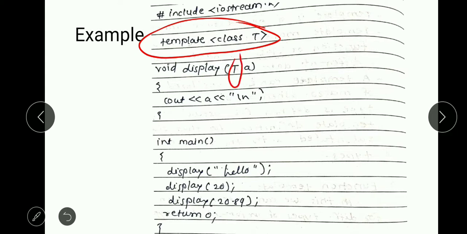So here I just use the t variable. So void display t of a and cout a, and inside the main function we have to call that particular function. So display hello. Whenever I call this function, this t gets replaced by the character.